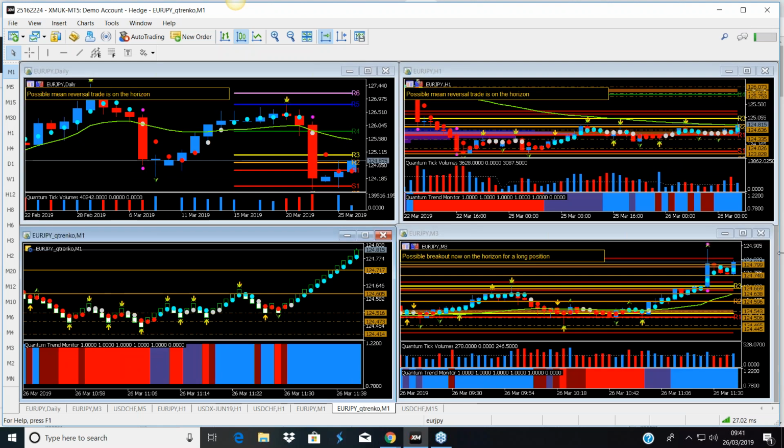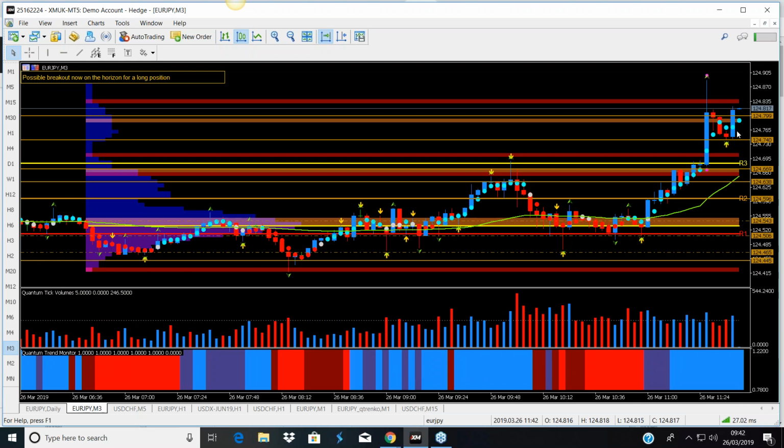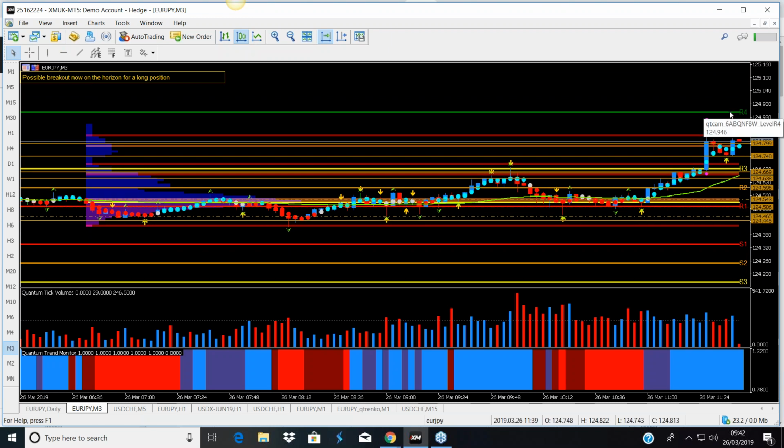Now, the question is, on the time-based chart, the argument is there's got to be a ton of volume coming in. Where is this move going next? Well, it's got to take out the high of that candle if this is going to carry on higher. And going back to support and resistance, where is it heading? It is heading to this level here, 124.94, which is where the R4 is on the Camarilla.